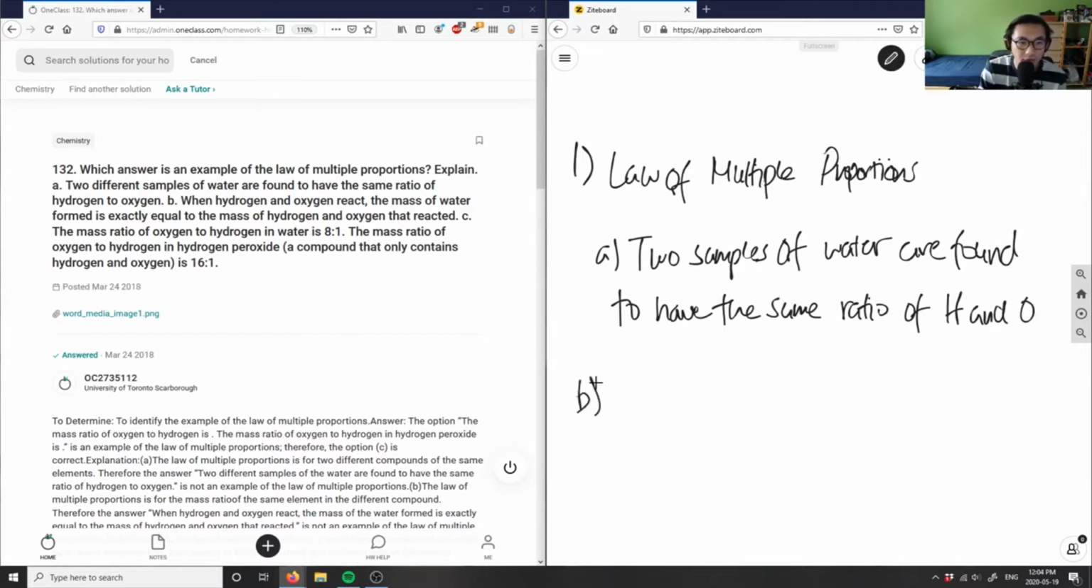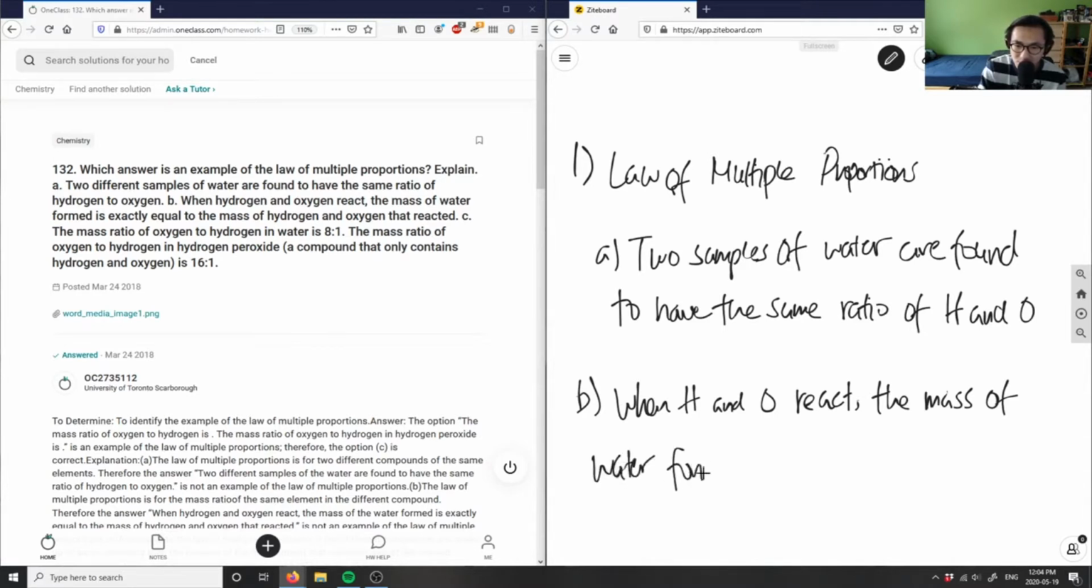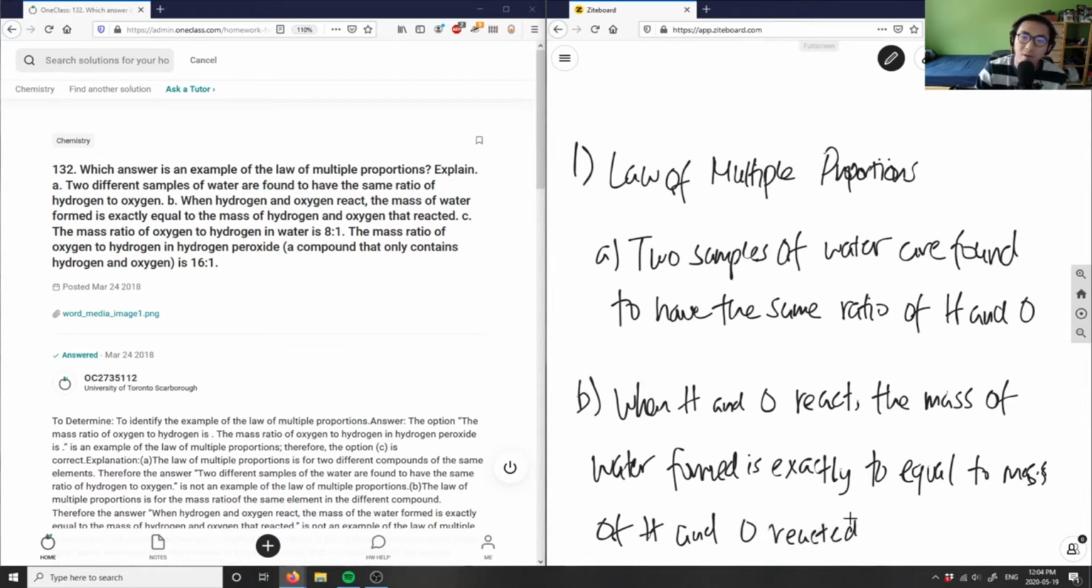Hydrogen, oxygen. And then B is asking, when hydrogen and oxygen react. So I'm going to say, when H and O react, the mass of water formed is exactly equal to the mass of H and O reacted. And finally for C,